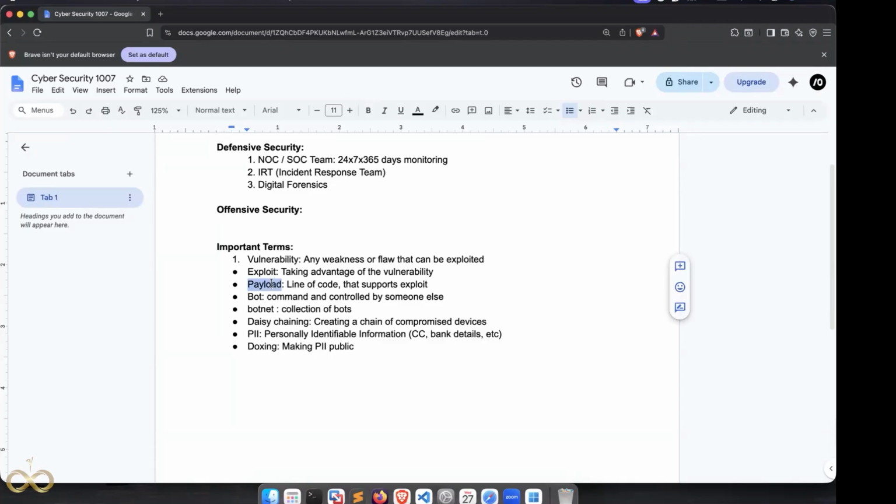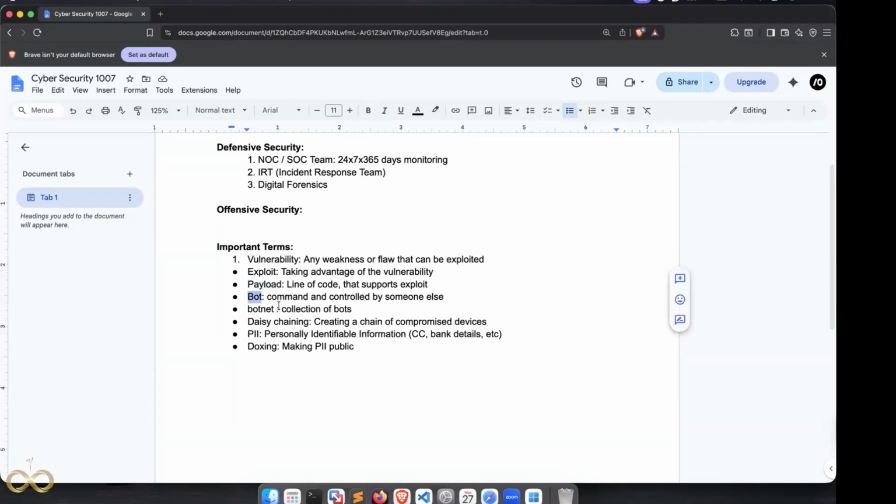Okay. Then there is payload. Any questions? No, thanks. It's good. Okay, perfect. Thank you. So the next one is payload. A payload is a line of code that supports an exploit. In order to exploit, some sort of code is used, and that is called a payload. In XSS, a script alert with script tags is a payload which helps you get an execution on a web application. Right now we're going to understand it theoretically, and later we'll see what exactly it looks like. So a payload is basically a line of code that supports an exploit.